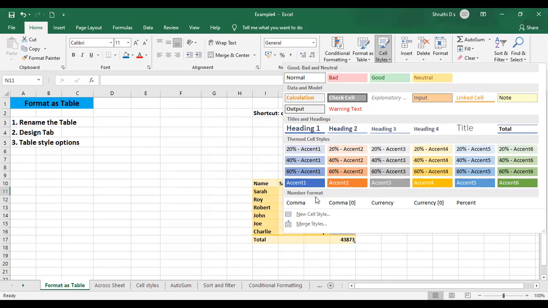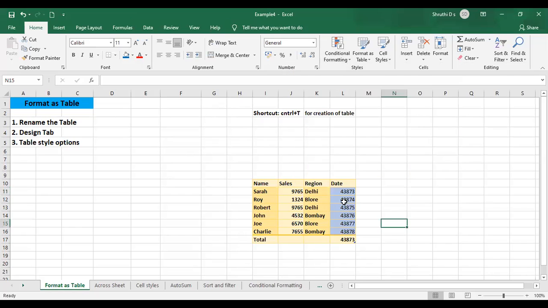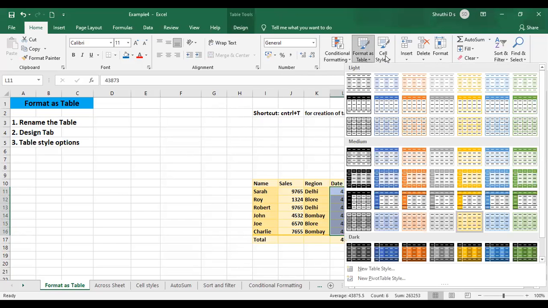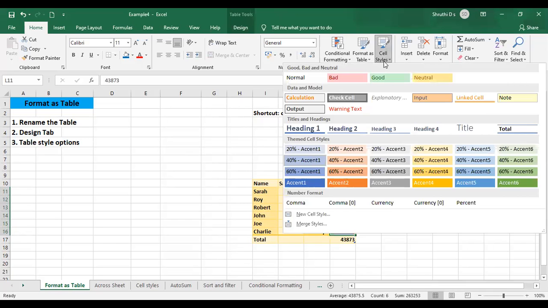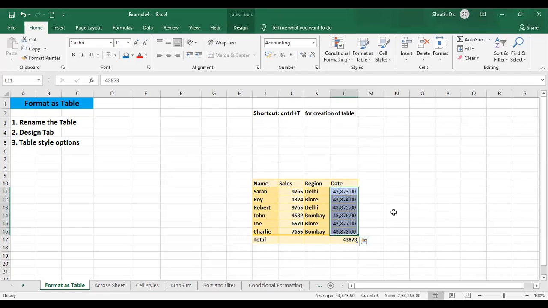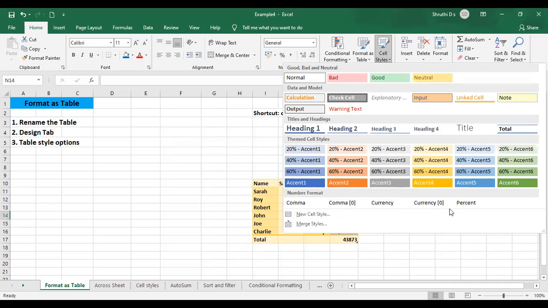Okay, and you have an option called number format here. See what it does. I don't have any commas present in those cells, right? So I'll just select this column from this one and go to cell styles. We are finished with format as table, right? I will select this comma, and as you can see, commas automatically appear between all the numbers here. By default I didn't give any commas between the numbers, so when I click on cell styles and select the number format, it is going to change that.